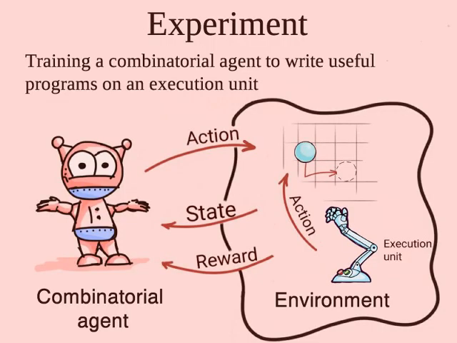So let's consider an environment where an agent interacts with an infinite board where a piece is placed. The agent gets states from the environment and rewards for its activity, and is able to perform some actions, and all this looks usual for now. There is also an execution unit in the environment the agent can program.